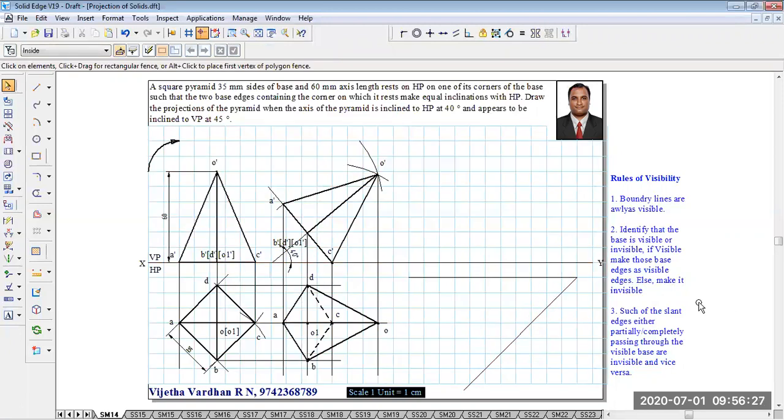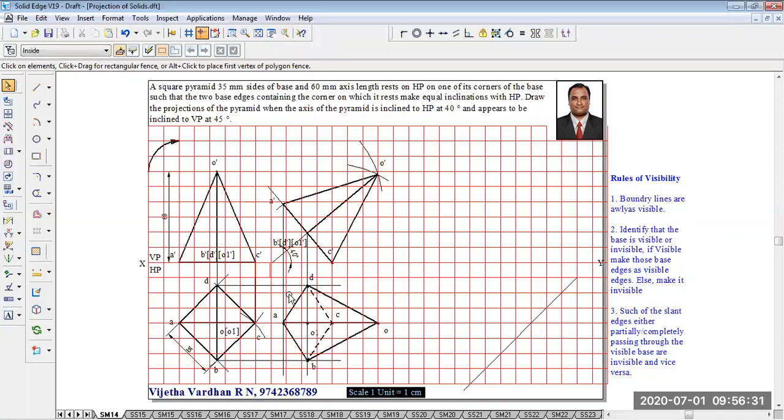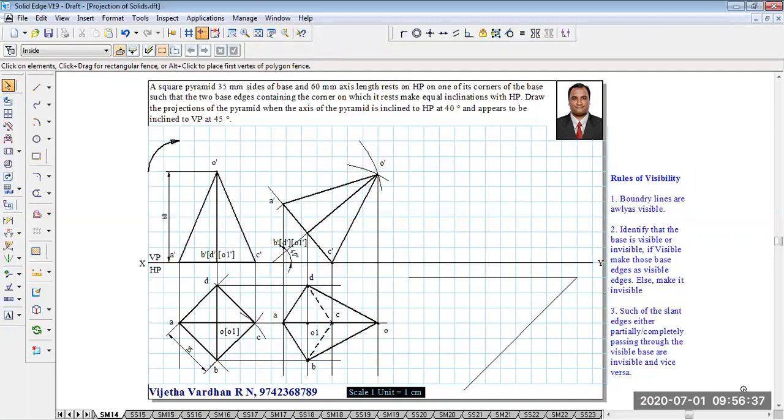Yes, you can start with the XY line, but in some conditions the solid we have constructed may cross the XY line, or it may pass outside the booklet. Hence we are doing this construction, and it is not mandatory. Now, what we are supposed to do is locate the points. What are the points to be located?